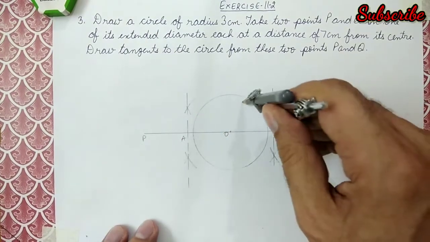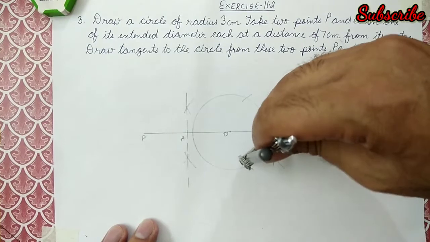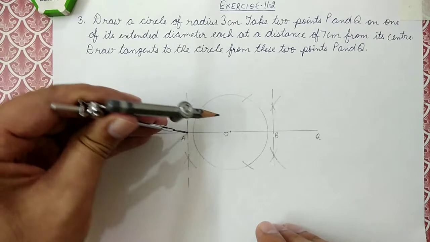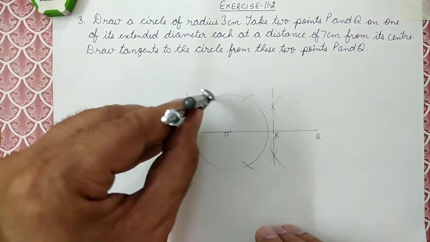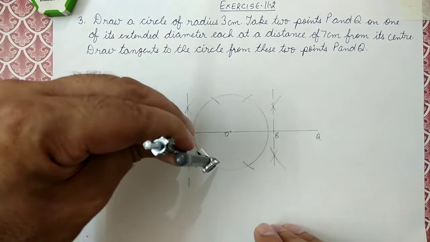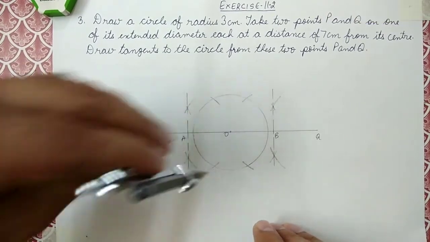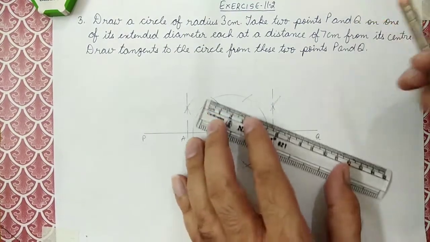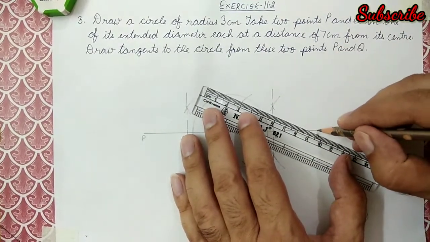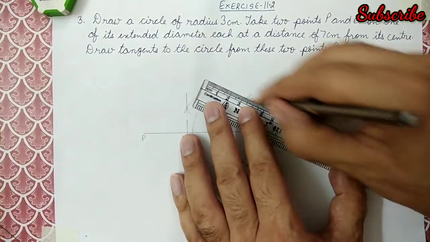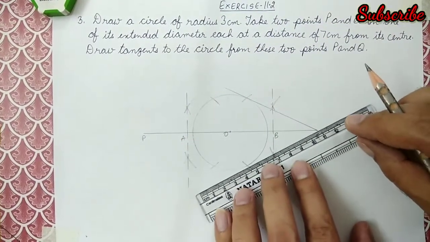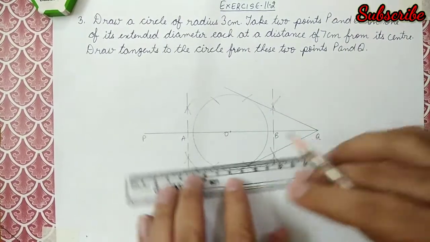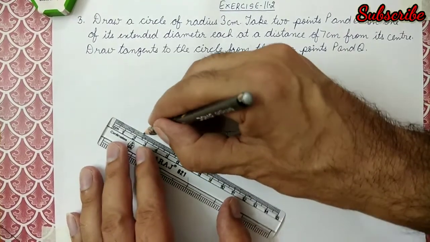Right. So this one and this arc, and then same thing I will do from the A point. Let's see, these are equal, and then one down. Right, so we have got the points. Now what next? I have to just join with the Q. So just keeping it here, this is one tangent from the Q, and then I have the other tangent from the Q. Similarly, one of the tangents from the P,